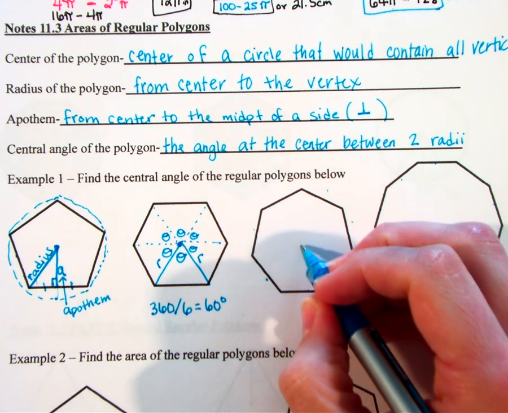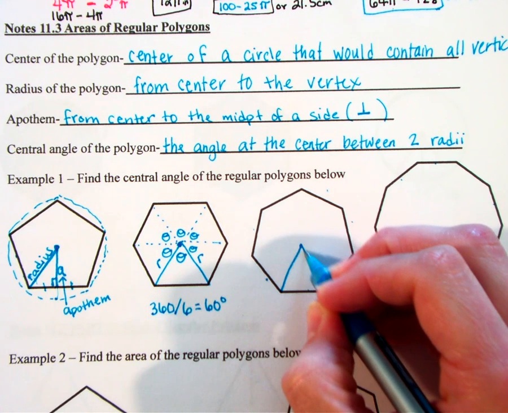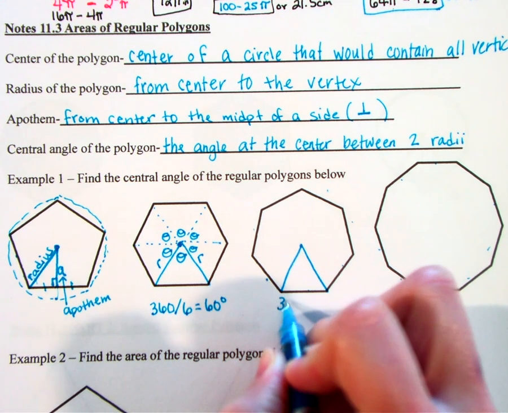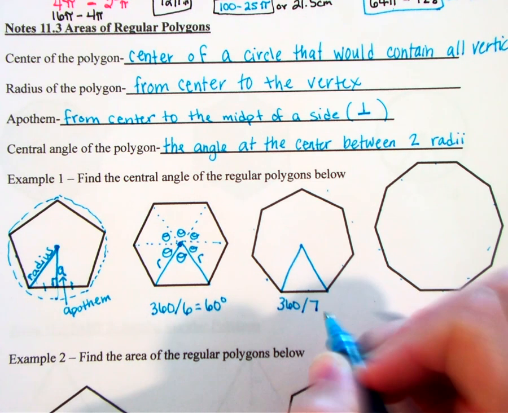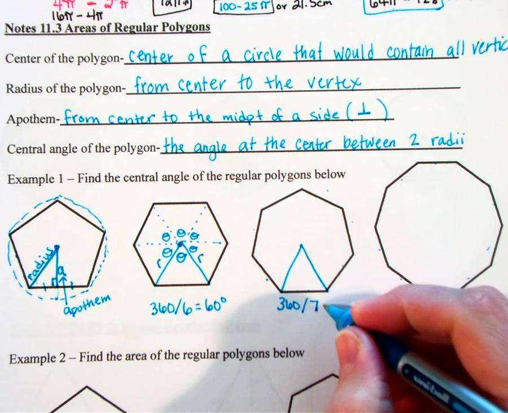Okay, remember this is a 7-gon or a septagon or a heptagon. So that's going to be 360 divided by 7. Okay, so throw that in our calculator, 360 divided by 7. And there's no rule about this having to come out to be a perfect number, so this is going to be